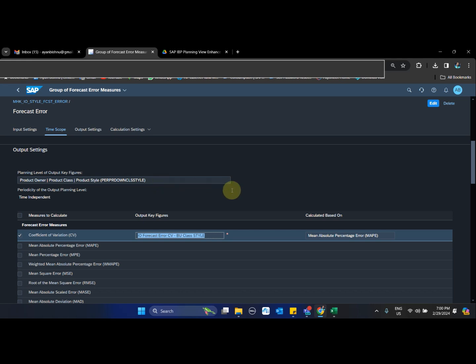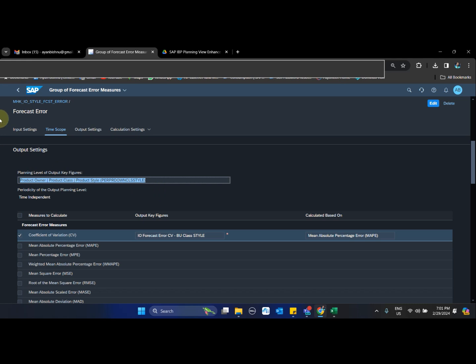One thing if you remember, at the header level the planning level was at a month. Here it is without a month, and there is a reason for that. Because the forecast error, based on the historical horizon, gets generated at a current bucket level.